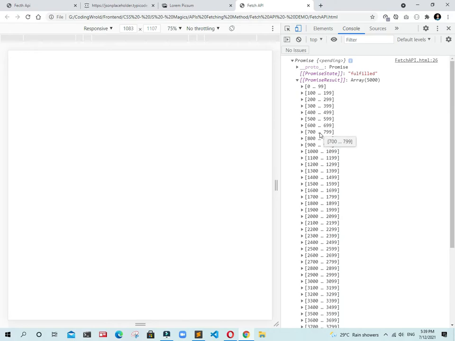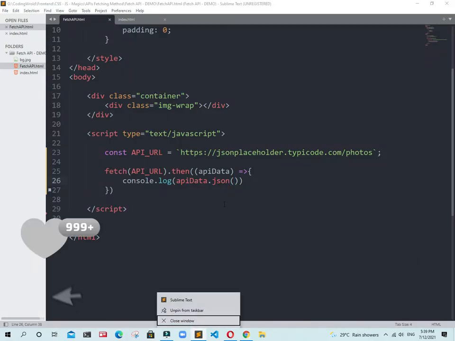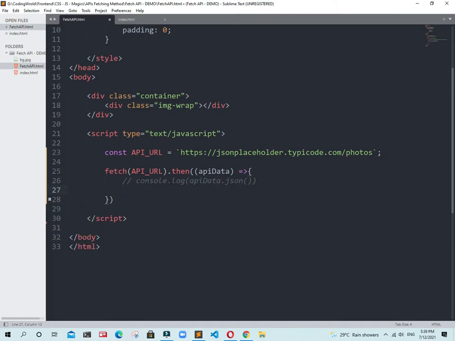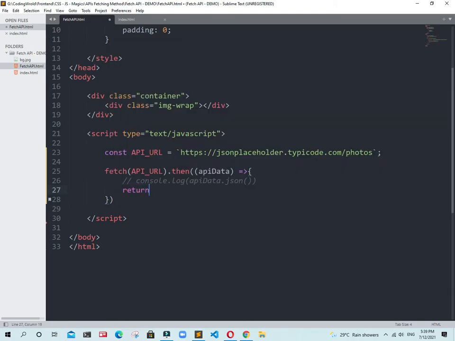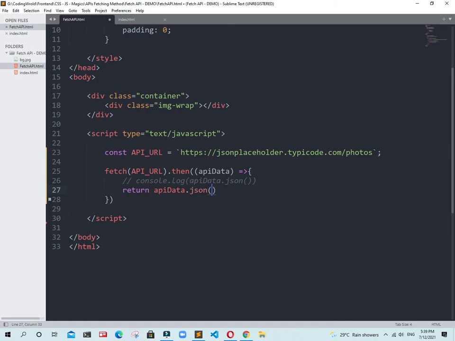Now just after that we are passing this data to another one because we are rendering the images. So we are returning this API data in JSON form, and again we are using the then method as a promise. It also takes one parameter.